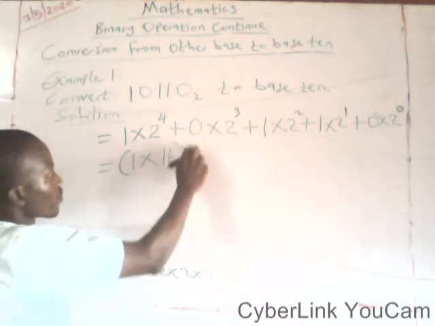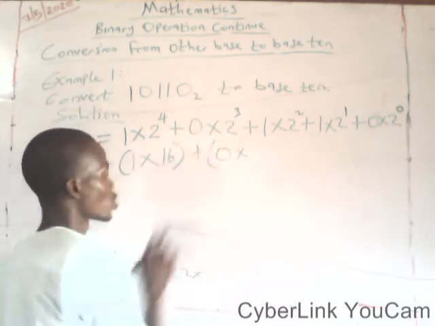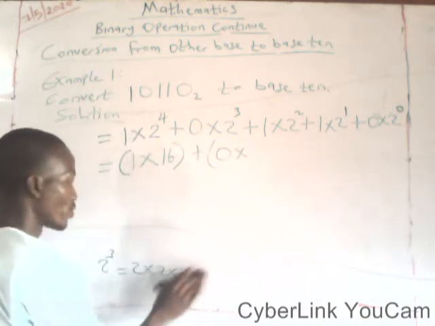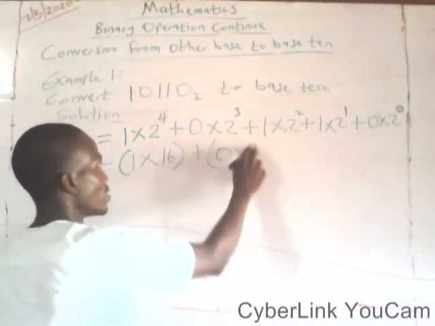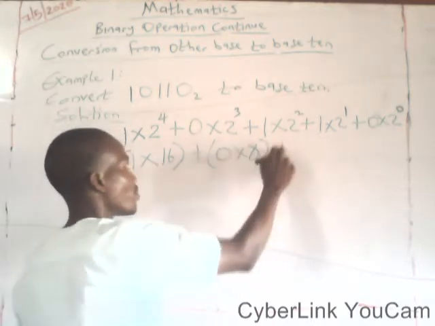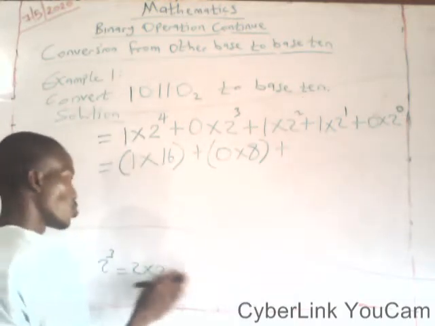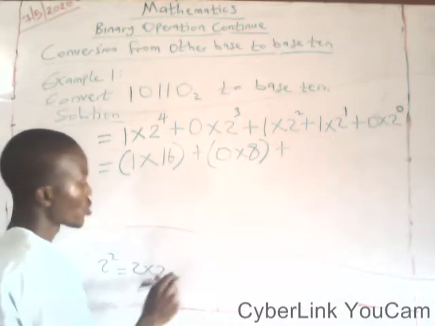Bracket close. Plus 0 multiplied by 2 raised to power 3. 2 raised to power 3 will give you 2 times 2, 4, 4 times 2, that is 8. Close the bracket, plus 2 raised to power 2, that is 2 multiplied by 2,